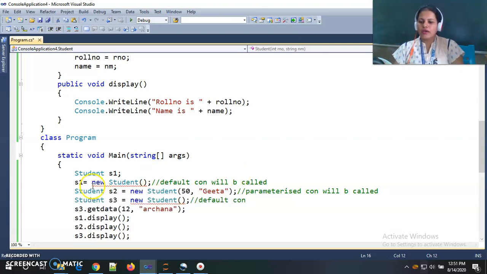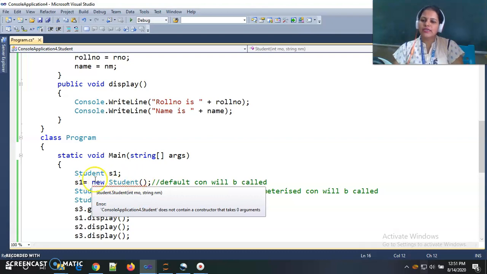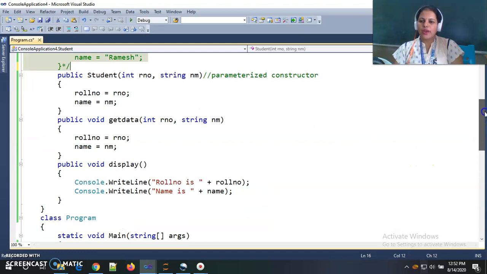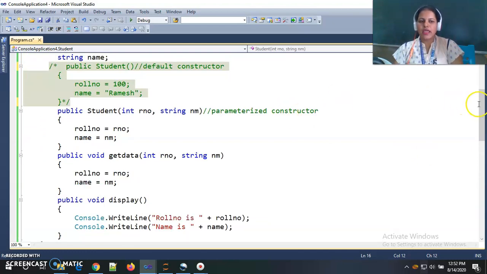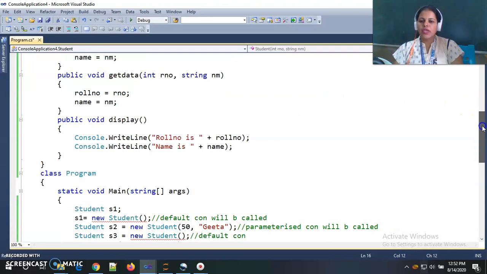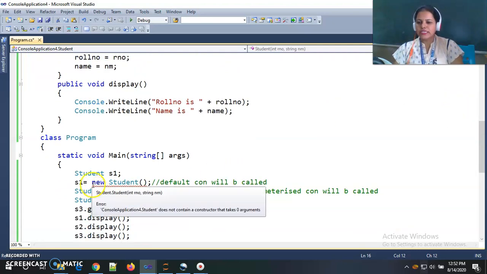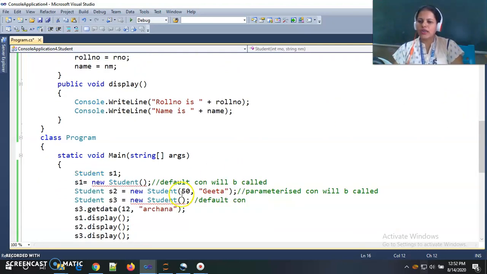So we cannot instantiate the object like this. This requires parameters. It takes some parameters compulsorily, because now in our program there is only a parameterized constructor and no default constructor. So every time we instantiate any object of our student class, we need to give parameters. So I'm giving parameters to this object, then there will not be any error.